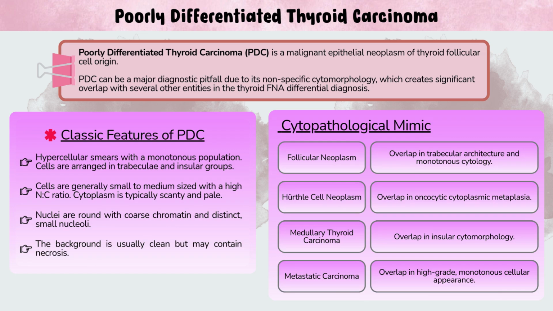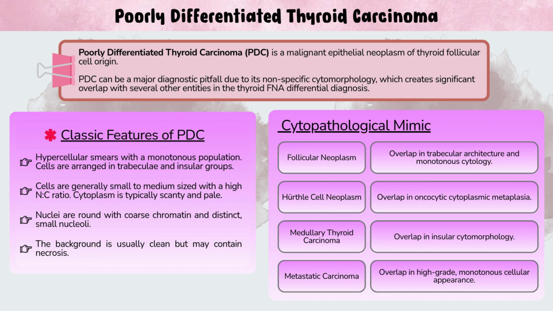Now let's review the key cytopathologic mimics of PDC. The first and perhaps most common mimic is follicular neoplasm. PDC shares with it a trabecular architecture and a monotonous cytology, which can lead to misclassification, especially in limited samples. Second, Hürthle cell neoplasm can mimic PDC when there is oncocytic cytoplasmic metaplasia present in PDC cases. The granular, abundant cytoplasm of Hürthle cells can sometimes be confused with the pale, scanty cytoplasm of PDC if not